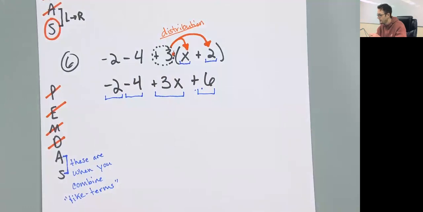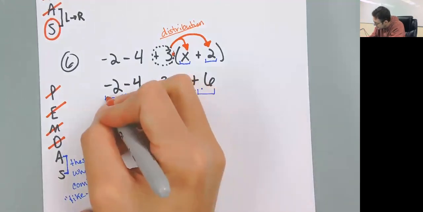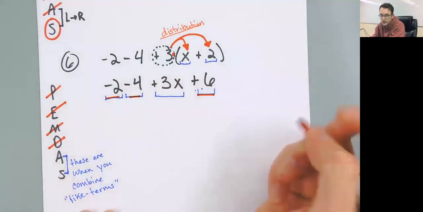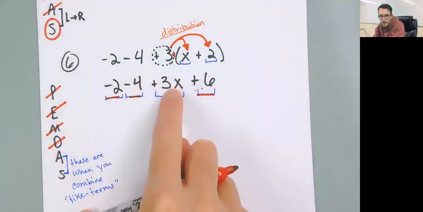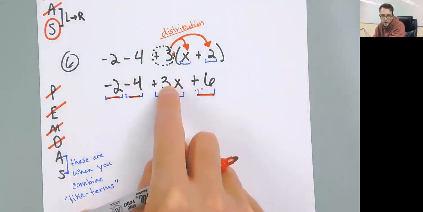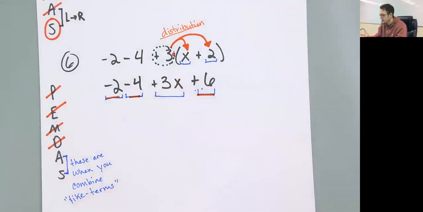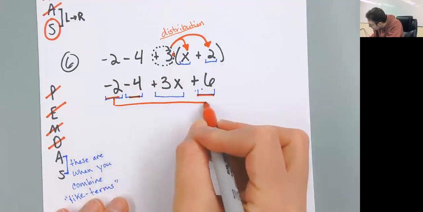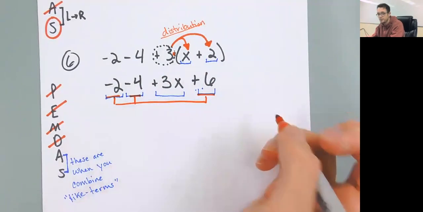So if I think about which ones are like terms, I'm going to say this one, and this one. Because these terms don't have an x. That one's lonely. It's the only term that has an x. All right. So when I combine like terms, which are going to be those 3,